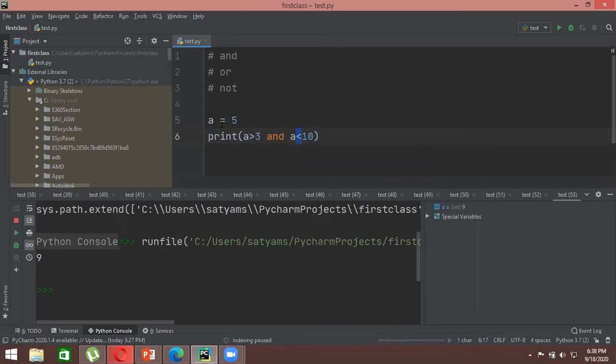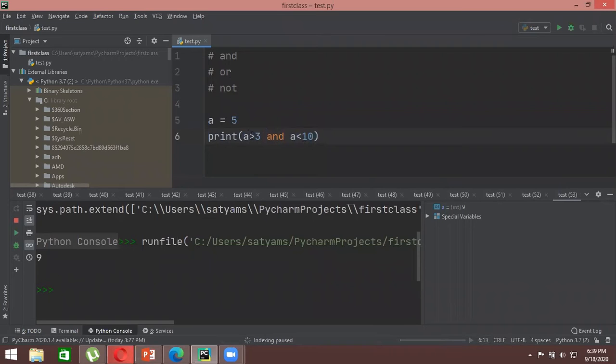So I want Python to first store the value of 5 into this variable a, and then compare my value of a with 3. The first condition I'm asking Python is to see whether the value of a is greater than 3 or not. So Python will first do this one. It will say, yeah, the value of a is greater than 3, and then it will do this one because it is an and. So it has to do both of these things together, and if both of the statements are true, then only the output will be true, right? So that is what and is for.